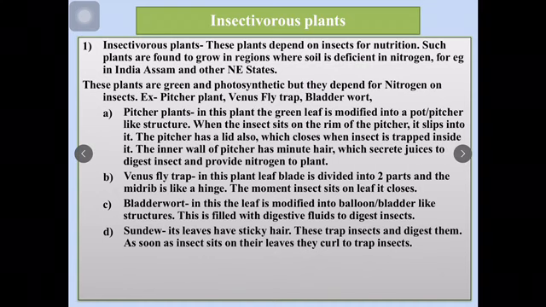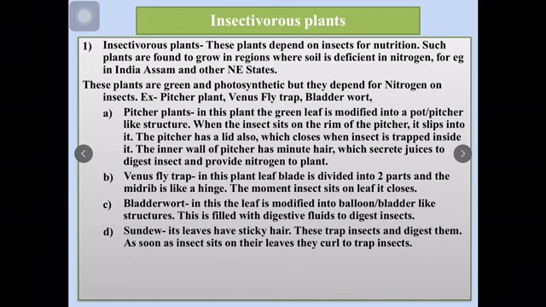Sundew. Now sundew is a very beautiful insectivorous plant. Sun and dew means drops of dew. So in this, the leaf of the plant gets modified such that it has minute hair, and on the tip of those hair there are drops of the sticky fluid which shine too much in the sunlight. So they shine and that leaf looks very beautiful. So insect think that those sticky fluid are actually the nectar. So it goes and sits on those, and once it sits on those sticky drops, it gets stuck into it. Those are very sticky and it cannot fly. And the leaf curls to trap the insect.